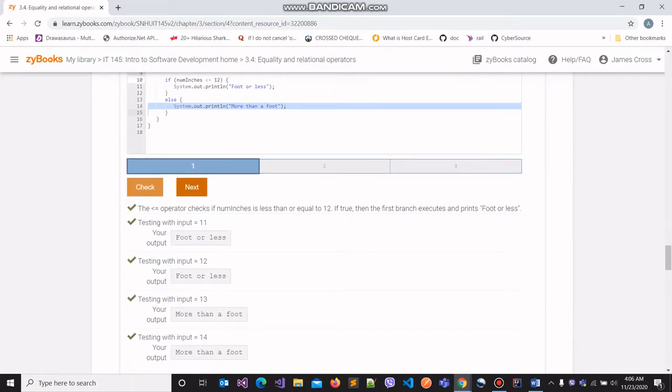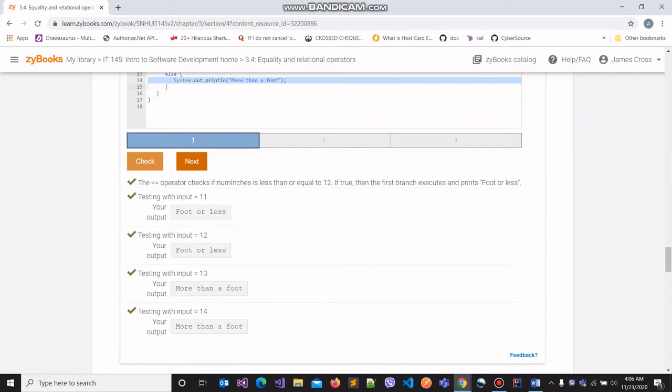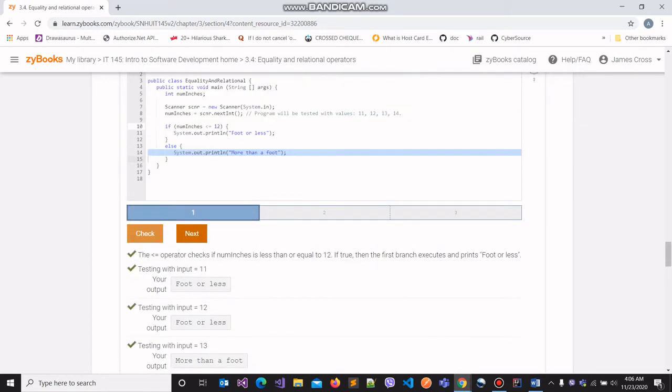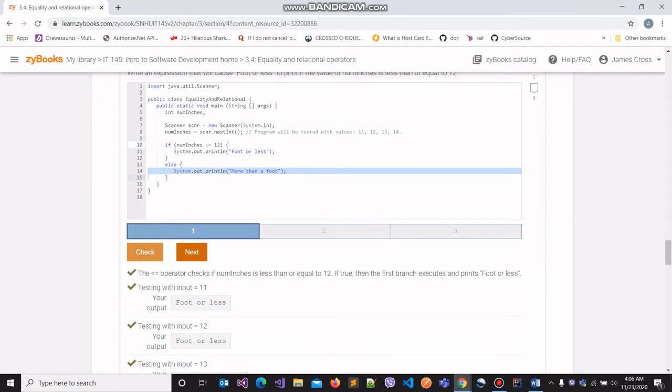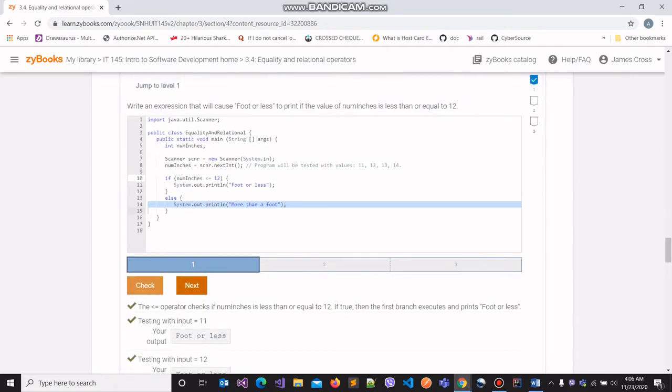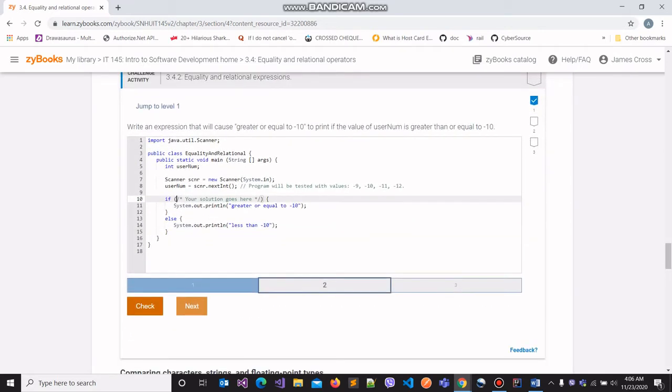Now we have another test case in which we have the input 14. We know that 14 is greater than 12. 14 is not less than or equal to 12, and hence this expression evaluates to false, which means that the code within the else block is going to be executed, and therefore we will have the string "more than a foot" printed onto the console.